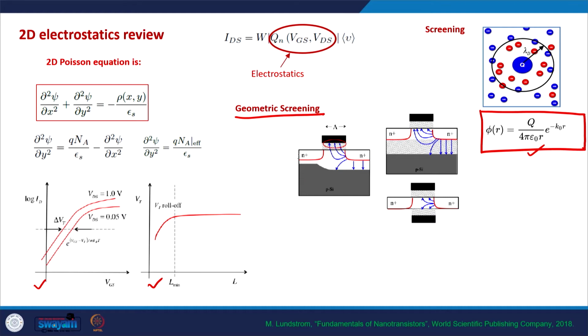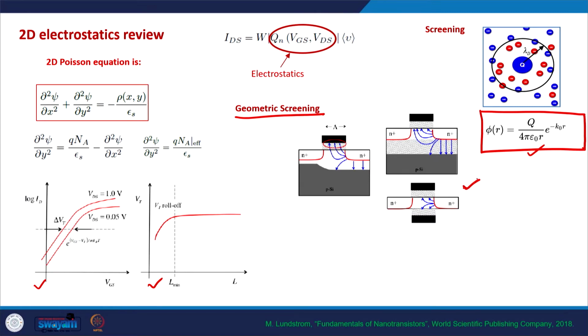So we need to stop the drain electric field lines from reaching the source electric field, and in order to do that we need to cover the channel with gate from as many sides as possible, and that's why these kinds of geometries, also known as double gate SOI geometries, in which instead of bulk silicon we use silicon on insulator, which is a silicon on a buried oxide,